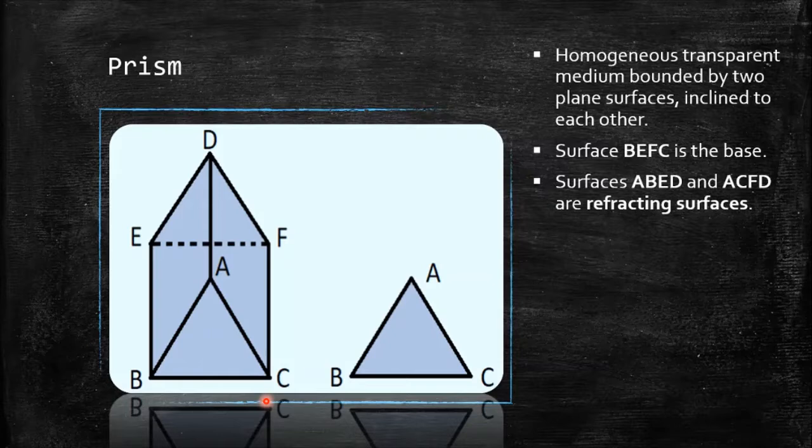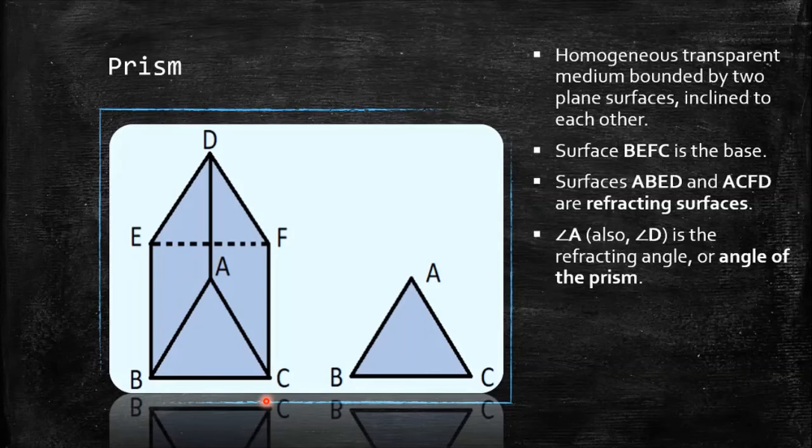Now, what do you think is the next that we would have on our plates? Well, obviously, it is going to be the angle of the prism. So over here, it is angle A, that is the angle of the front surface, or let's say of the back surface, that is angle D. Both of these angles are called the refracting angle, or also it is called the angle of the prism. Now, it is really interesting to note that AD over here is the refracting edge. Okay. These are just some terms that are associated with the prism. That's it.